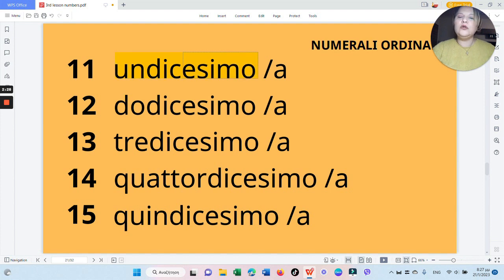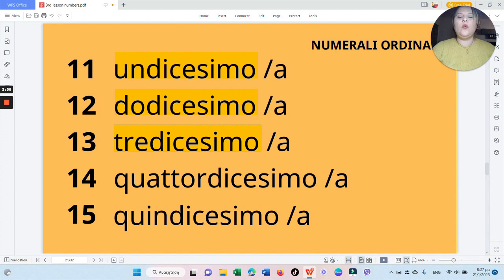So altogether, undicesimo, undicesima. 11th for masculine and 11th for feminine. 12 is dodici, but here is written dodici. I've eliminated I, and I've added esimo. So, dodicesimo,